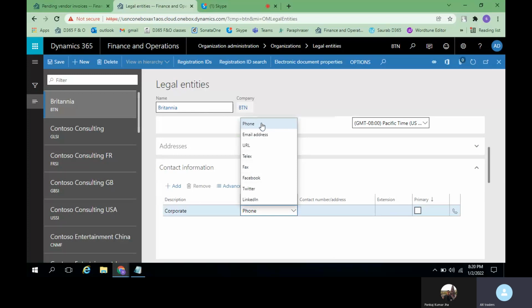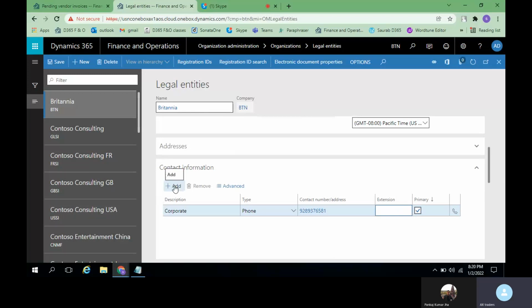Let us select it as a phone. If you want to make this contact number a primary, you can select it as primary. And then if you have any extensions, you can give that extension.